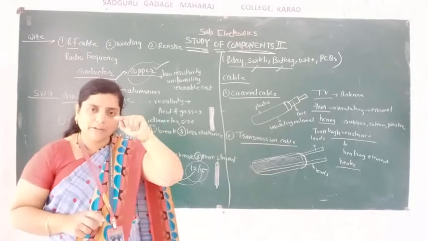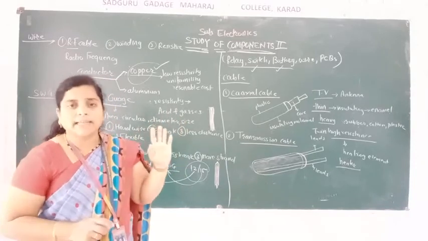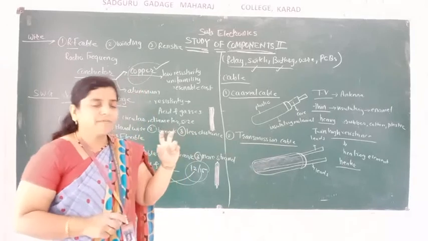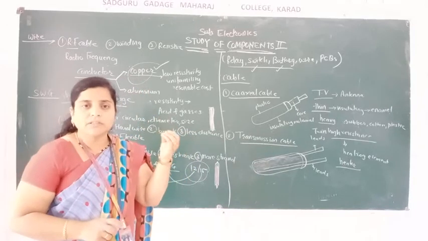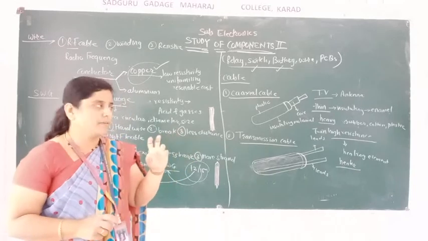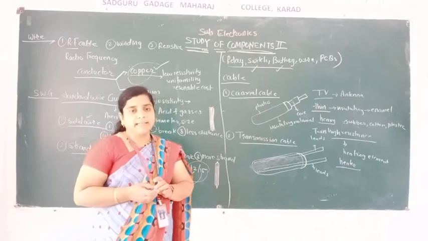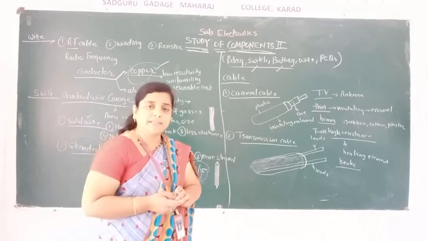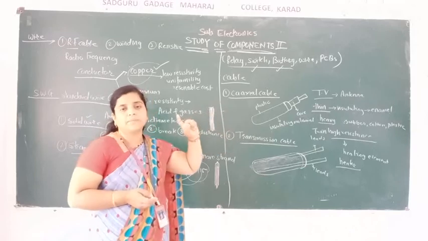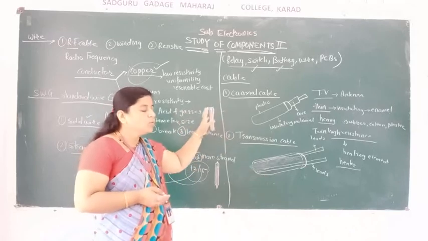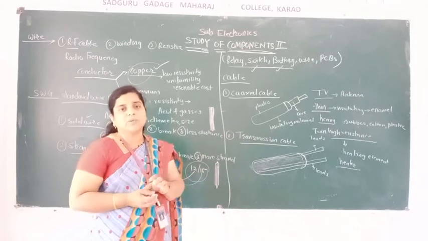If it is a thin wire, its insulating material is made up of enamel material. And if a heavy wire is there, then heavy wires are covered with rubber and plastic cover. And if you want to use it in the heating element, then you have to use high resistivity wires. Okay, mainly cables are of two types. Only two cables are given here in the 11th standard. Remaining cables are in the 12th standard.